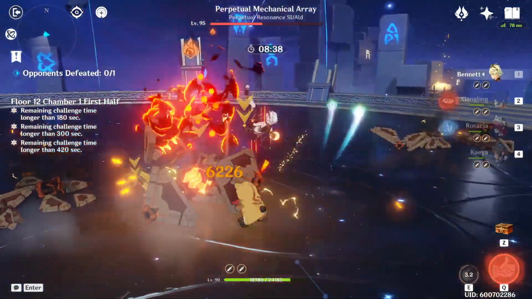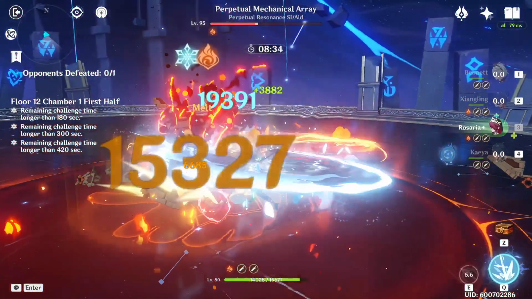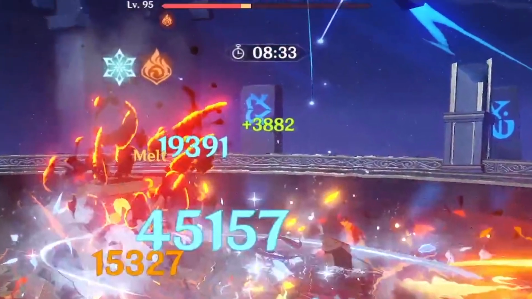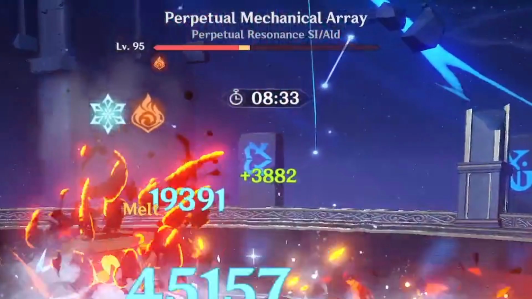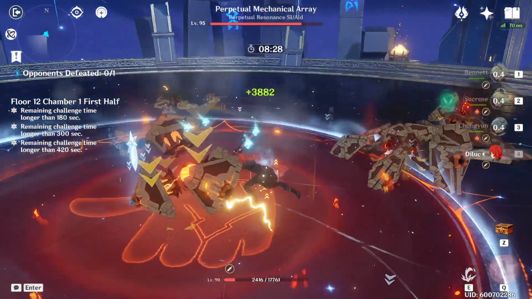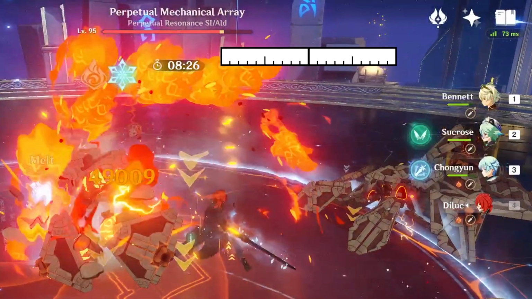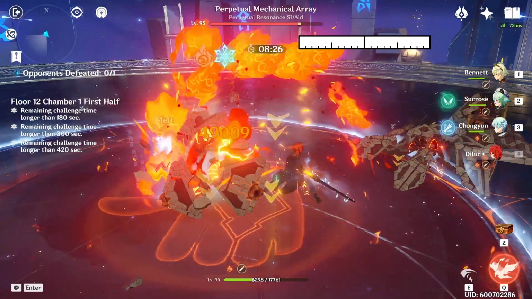This big difference in cost between a reverse melt and a forward melt is actually one of the reasons why most melt teams use a cryo damage dealer with a pyro aura applier, instead of the other way around. Even though a forward melt would deal more damage, the high cost factor of these reactions usually ends up consuming the entirety of our aura bar. This means if we want to trigger another forward melt reaction, we need to quickly reapply a cryo aura on